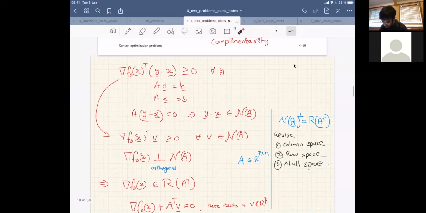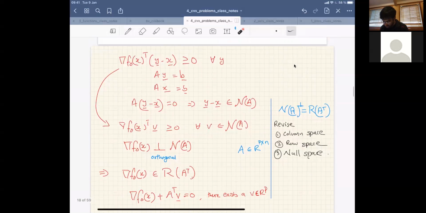And yeah, so where was I? Yeah, so then you can write the inner product between this and a vector from the null space of A has to be greater than or equal to 0. This will happen only if